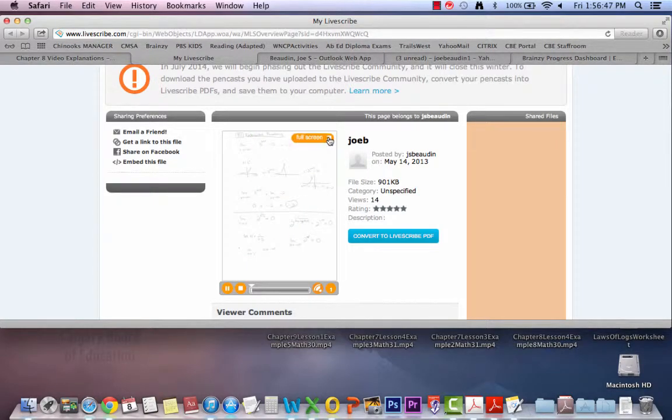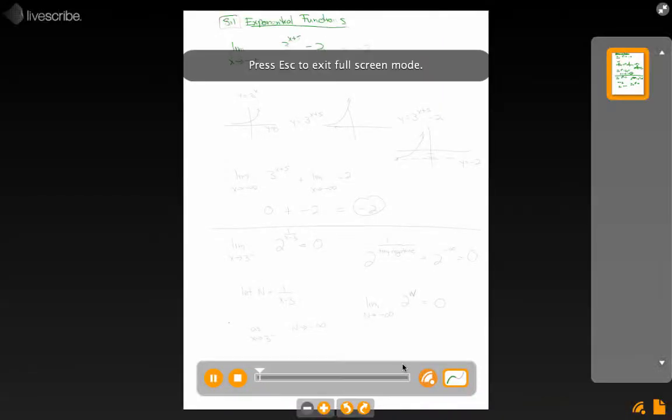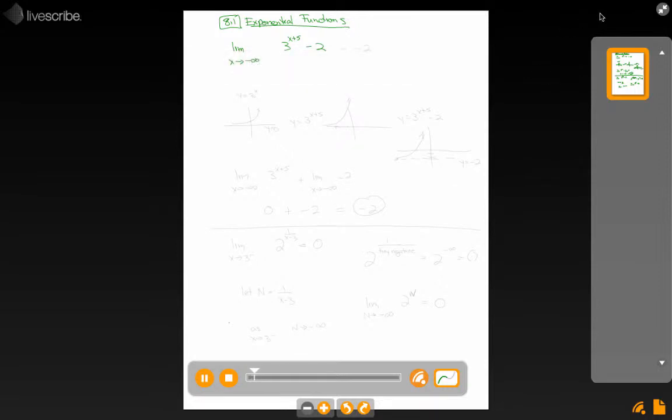This comes out of section 8.1, exponential functions. So in this question I'm just asked what's the limit as x approaches negative infinity of 3 to the x plus 5 minus 2. Now there are a couple ways of looking at this, and one would be to kind of look back at your graphs and say,